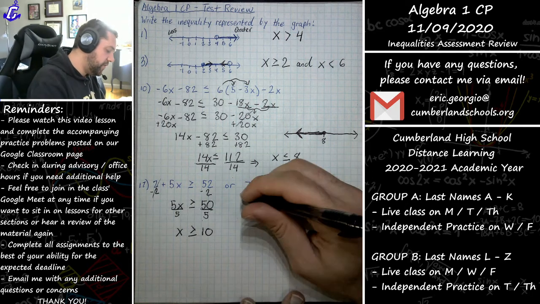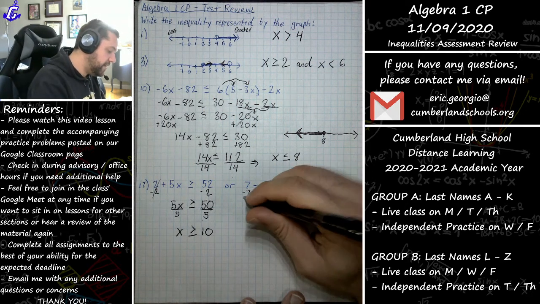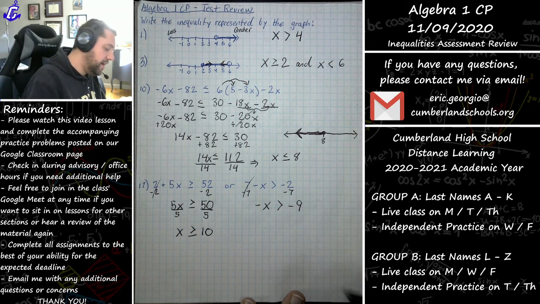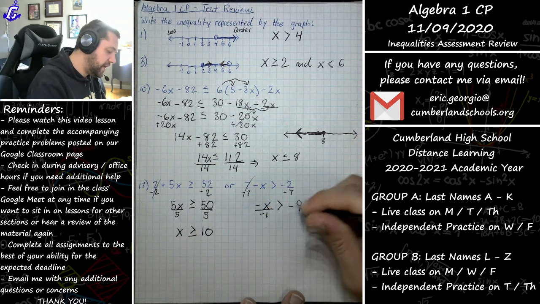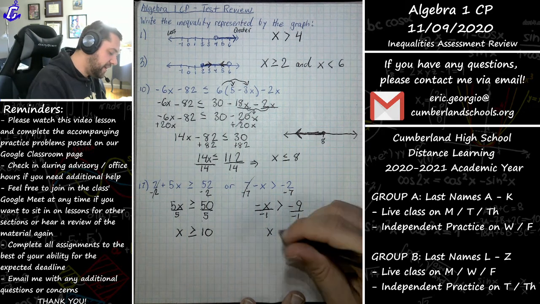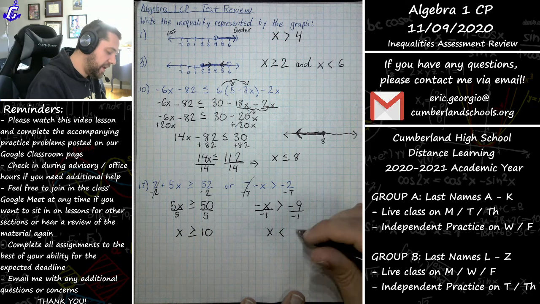Second piece, we're going to go through similar steps. Get x alone by subtracting 7 from both sides. That gives us the opposite of x is greater than negative 9. And now to lastly undo that multiplication of negative 1 times x, we can divide both sides by negative 1 and get that x is less than,